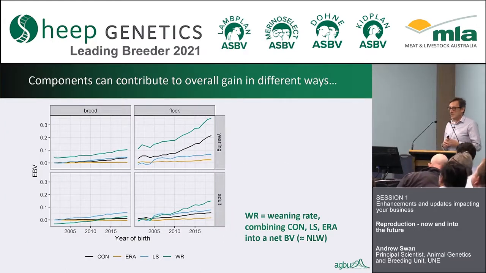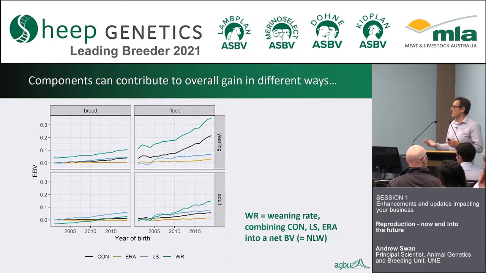The analysis does work really well. We've proven that a number of times looking at validation analyses, looking at prediction of future progeny performance. That works really well in both Merinos and Maternals. I just want to show you this graph here of an example of the genetic trend that we observe. There's really three things about this graph. The first is that